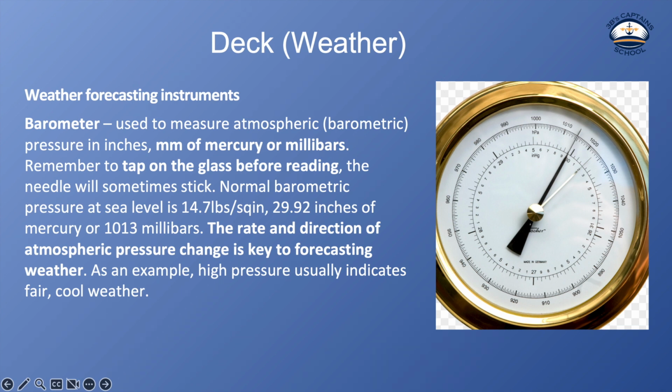So, some weather forecasting instruments. One of the primary ones is the barometer, and the barometer is used to measure atmospheric pressure in inches, millimeters of mercury, or millibars. With the barometer, you need to tap the glass before reading, because the needle will get stuck sometimes. Normal barometric pressure at sea level is 14.7 pounds per square inch, 29.92 inches of mercury, or